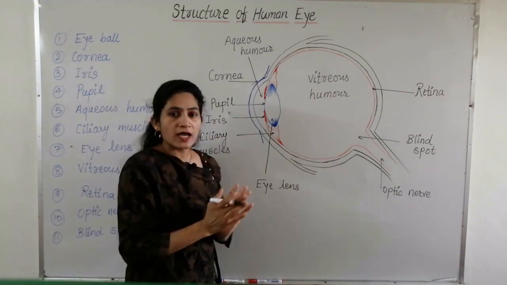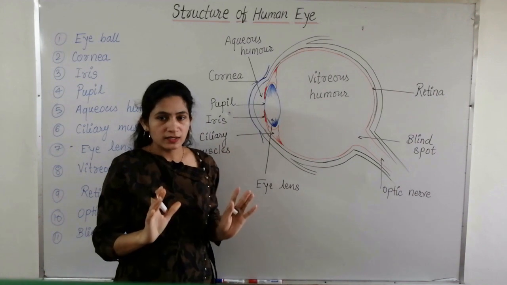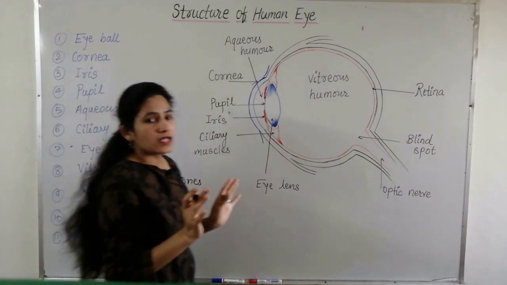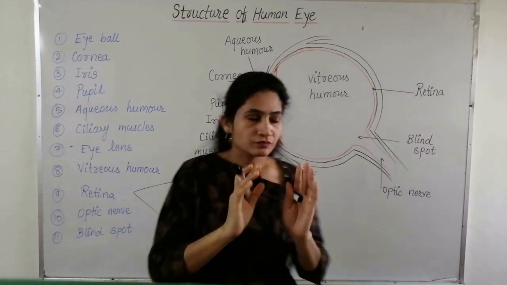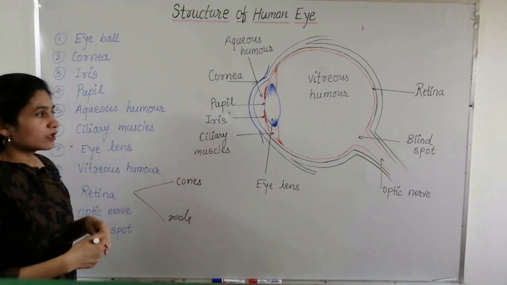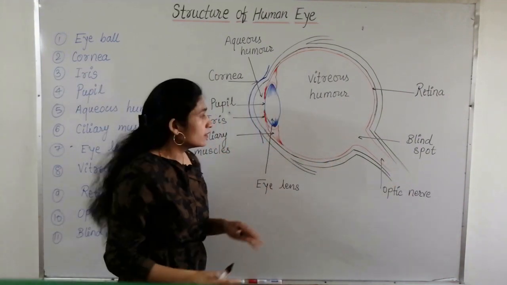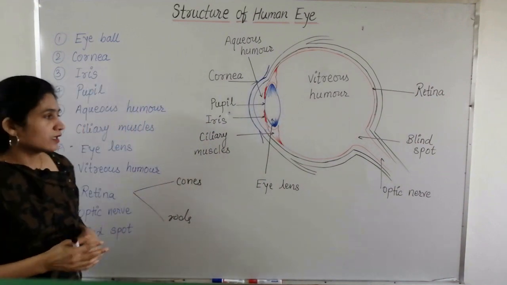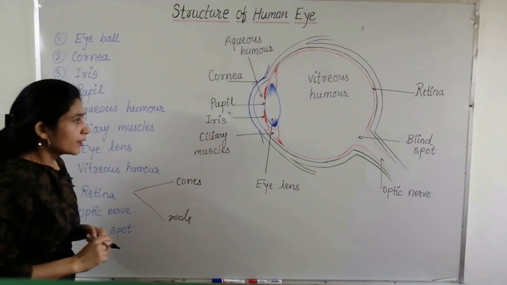The function of the eye is only to form an image, but the eye doesn't understand anything, nor does our whole body. Only our brain understands all the phenomena or processes which happen in our body, and a message is sent to the brain in the form of electrical signals, because the brain only understands the language of electrical signals.